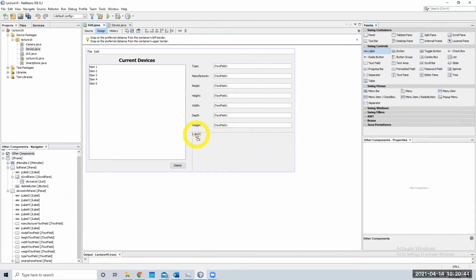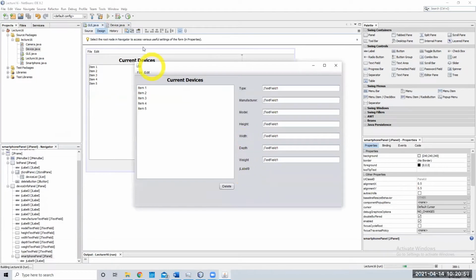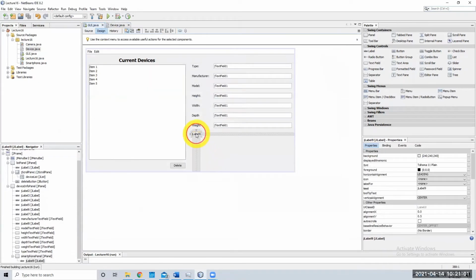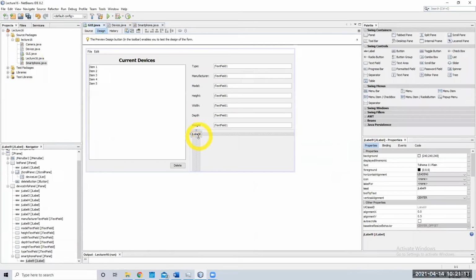And then watch what I do once I do this. I think that, let's see. I'm trying to align this so that it fits in. I think that's an equal space. Maybe a little bit further down. I'm just going to go with that. So our smartphone has owner, phone number, carrier, and camera. So go back. So owner,